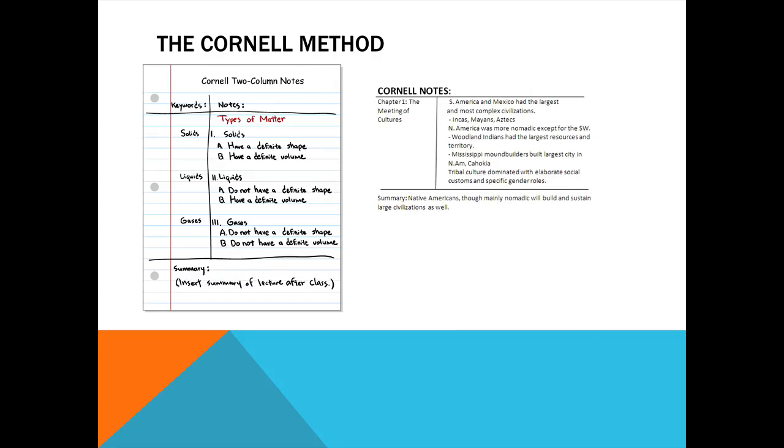When the instructor moves on to a new topic, you would simply skip a line and start the notes for the next topic. You could also leave blanks in the notes to go back to fill in if you miss any information. After class, it is important that you reread your notes and write a summary of what was covered